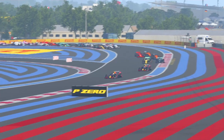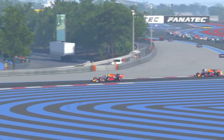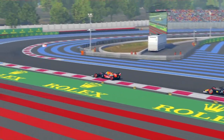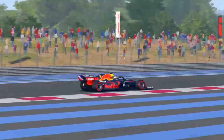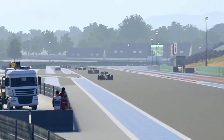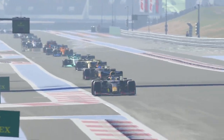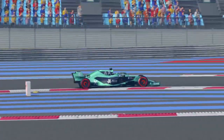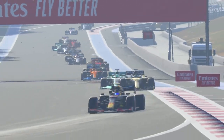So we are on board with Max Verstappen for the first lap or second lap, depending on the race distance. In this case, it's the 13th lap of the French Grand Prix, and both Red Bulls are in pole position and in second, and in third is Bottas. What happened to Vettel? Shay Smithey started in 10th position and he's moved himself up to 4th position. So we will stay on Shay Smithey in the opening lap to see if he can make his way through the pack. He's already overtaken about